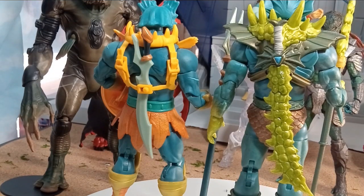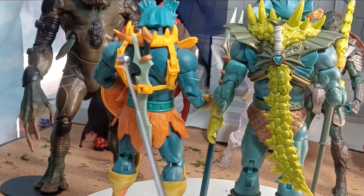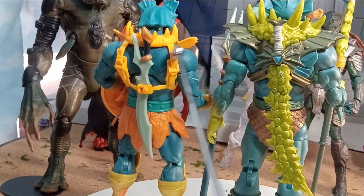Even looking at the swords, you can tell where this sword right here is a step above this one. It's just totally great. Again, this one has a jewel right here. It has like, I guess, coral or seaweed or whatever it is right there on there. Looks good. Where this one, I don't know, for its time it was okay, fam, but this does not compare